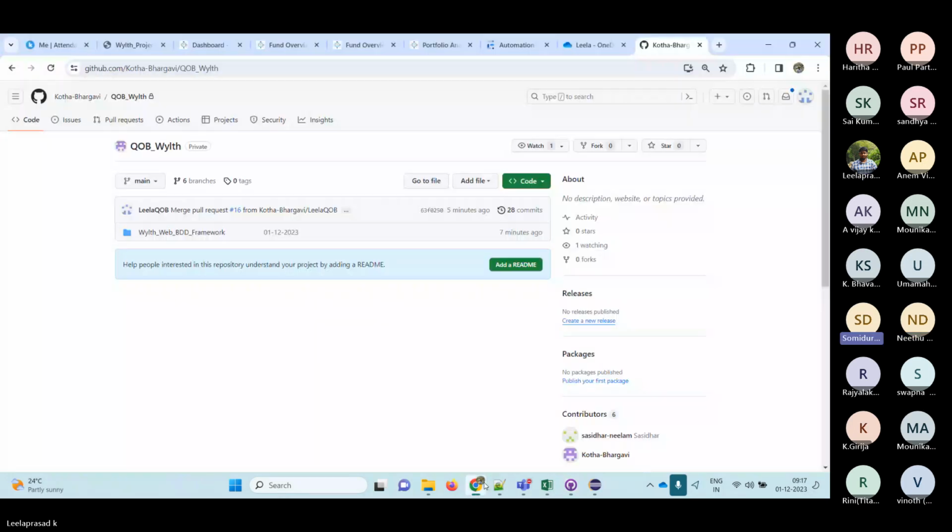So, Leela, the first step is we have to clone it. First step is we have to go to the code. For example, not every day. Okay. For example, see,